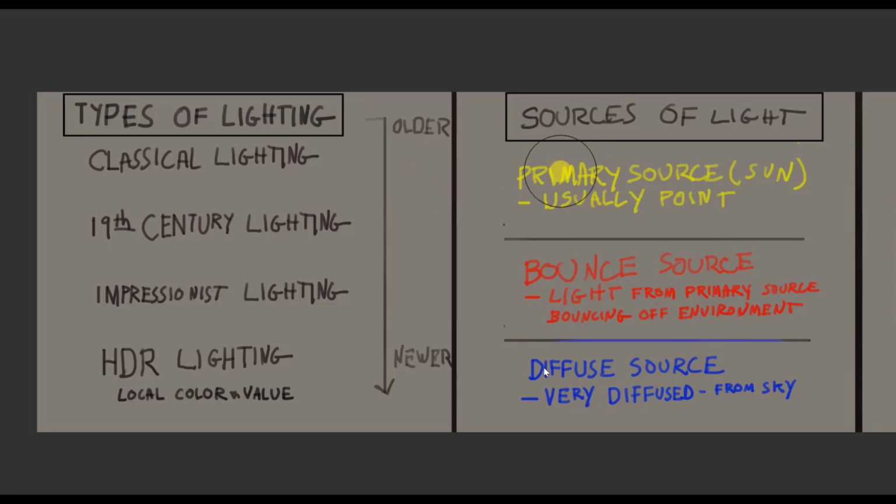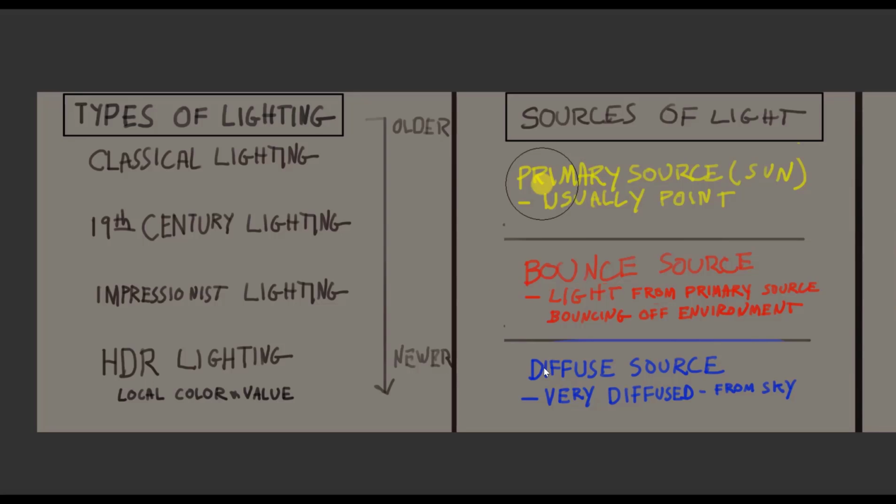forms. So there are three basic sources of light that artists have used: the primary, the sun, or an artificial light, and it's usually, more often than not, a point source of light. And generally it's called the primary or most important light. It's generally warmer. It's also emanating from a fixed point, usually almost impossibly small, but what this tends to produce is hard cast shadows. As that light source gets larger to the disk of the sun, or even something coming through a window and diffusing through a window, the primary source can get a little bit more diffused, but generally